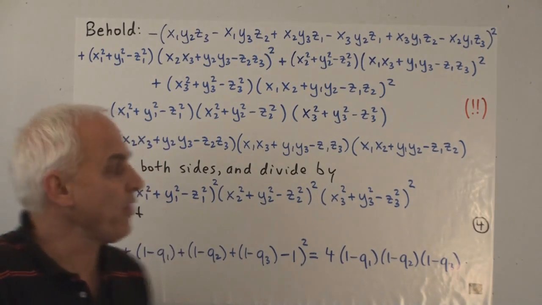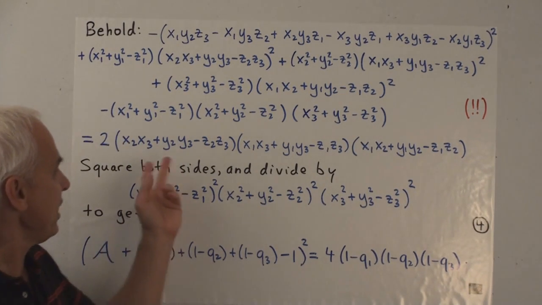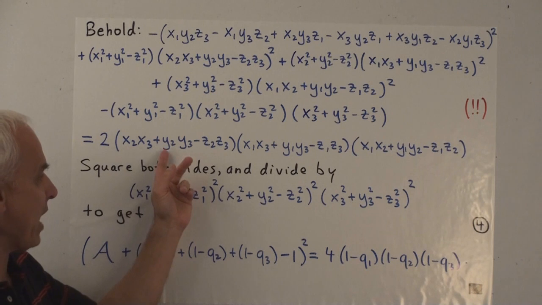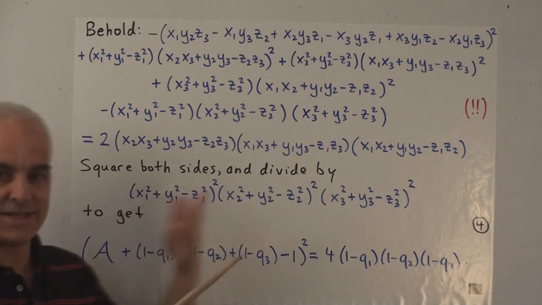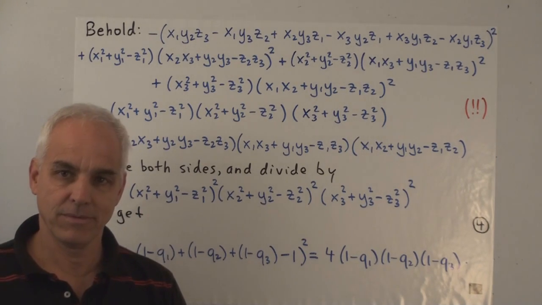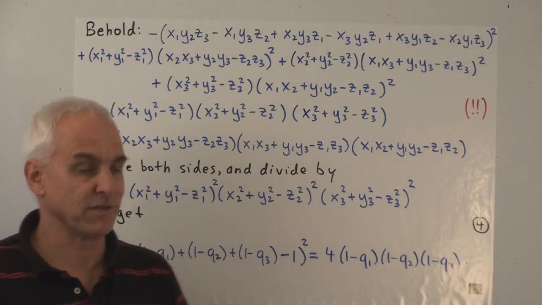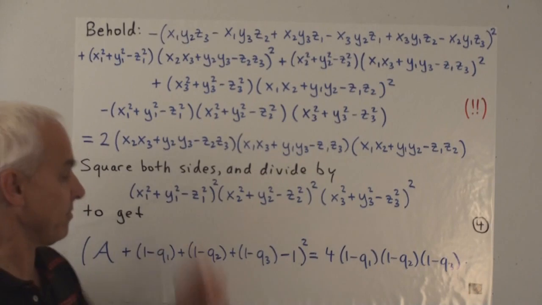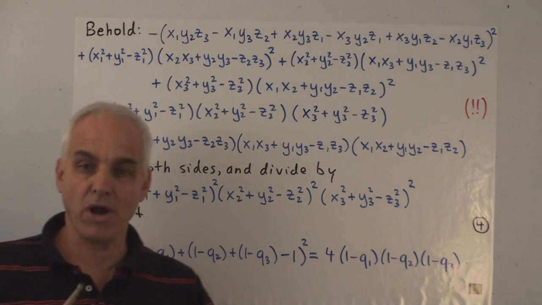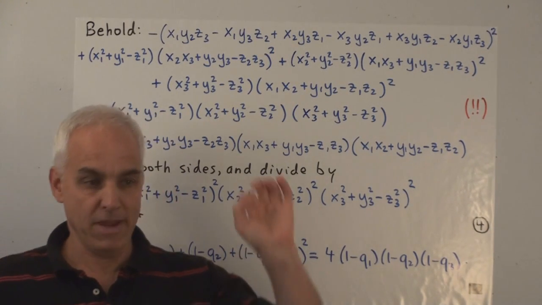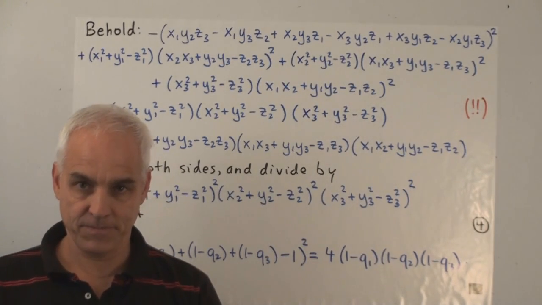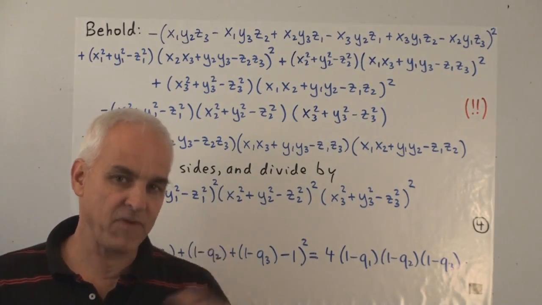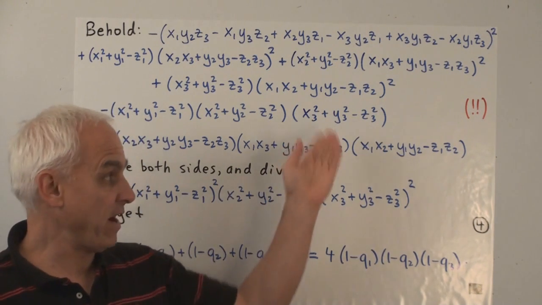And then you can argue, well, the whole thing is symmetrical, so there's no need to go through exactly the same argument for y1 squared, y2 squared, y3 squared. That's going to be exactly the same argument. But there are, of course, different kinds of terms that occur on both sides, and you have to go through each one of the different kinds of terms, making sure that the total coefficient on both sides is the same. So that would be a more efficient, more intelligent way of verifying this identity.